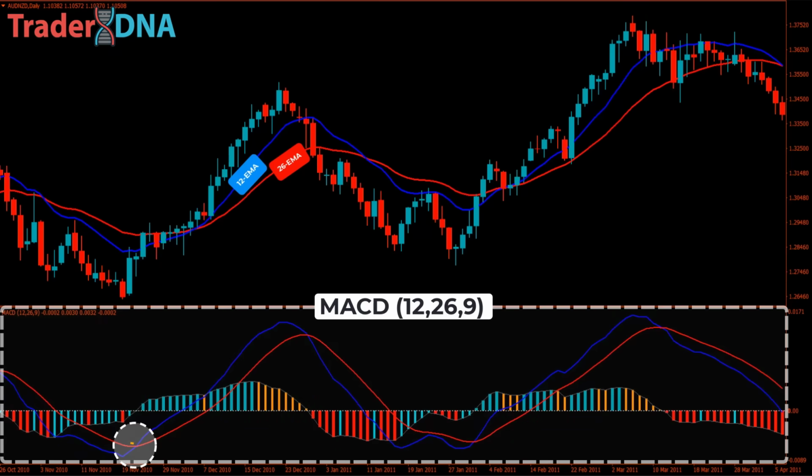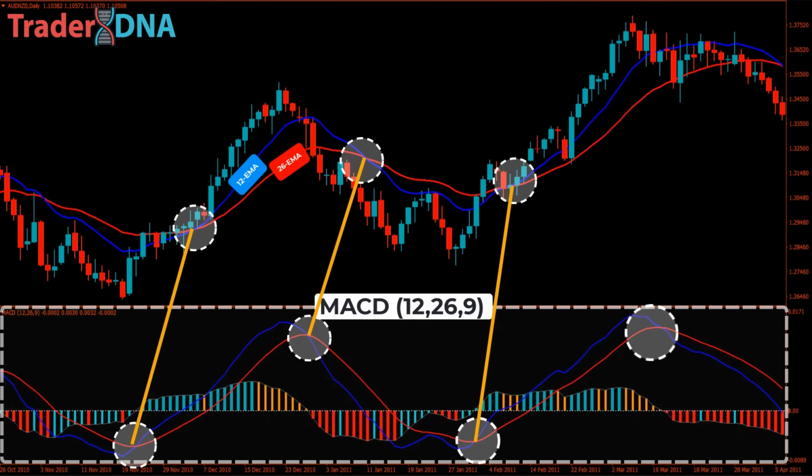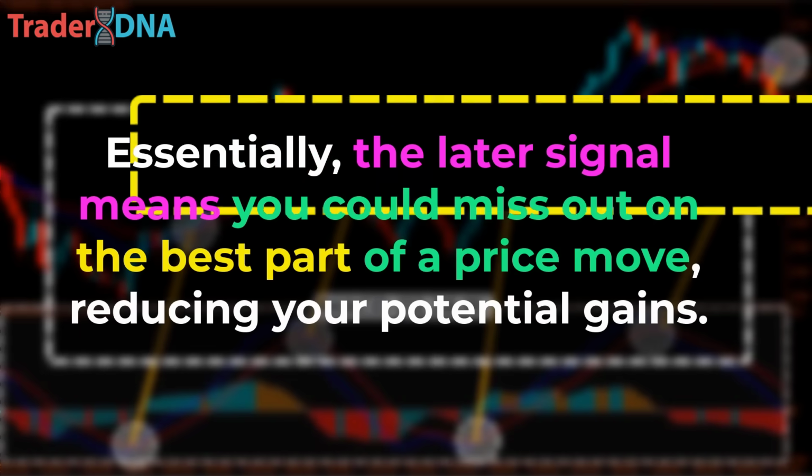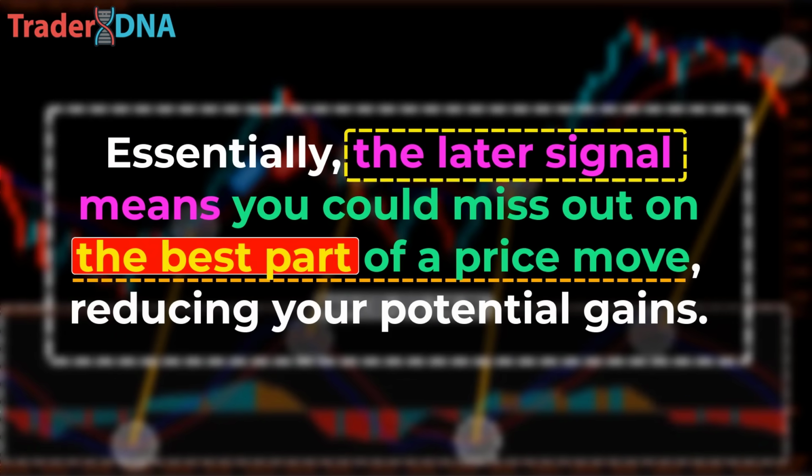The MACD tends to provide a much earlier signal compared to the moving averages, which can be a game changer in trading. When you rely solely on moving averages, the crossover happens later, which can result in delayed entries into trades, wider stop loss levels, and generally less precise execution. Essentially, the later signal means you could miss out on the best part of a price move, reducing your potential